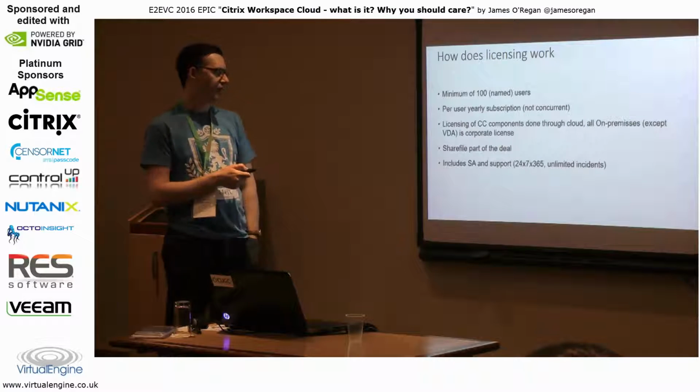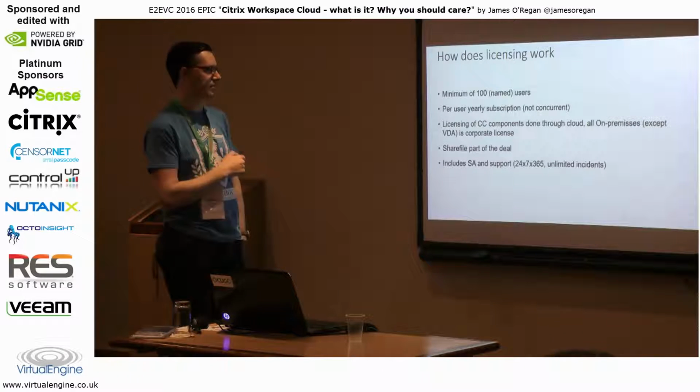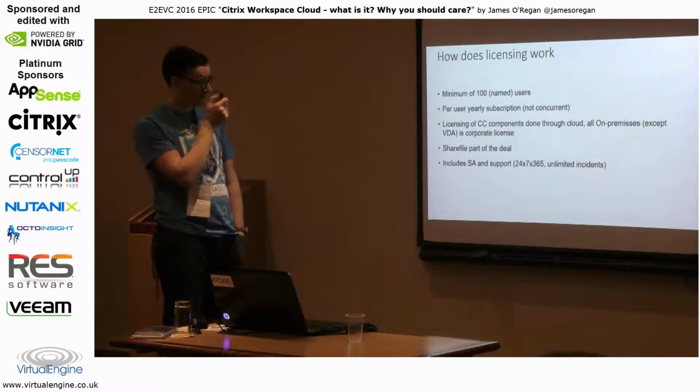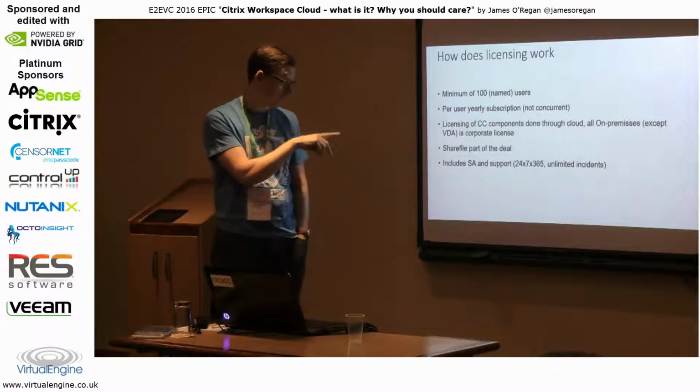It's all done through the cloud. ShareFile is part of it, and it includes SA and support. So that's that. So actually, before we go into the lifecycle management, I suppose the licensing here is, I've looked